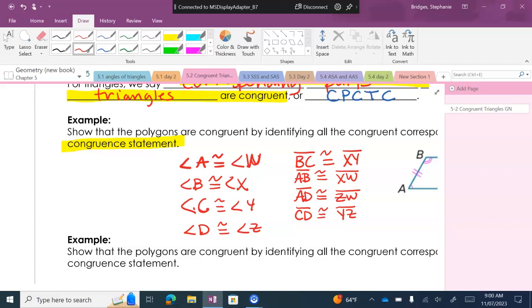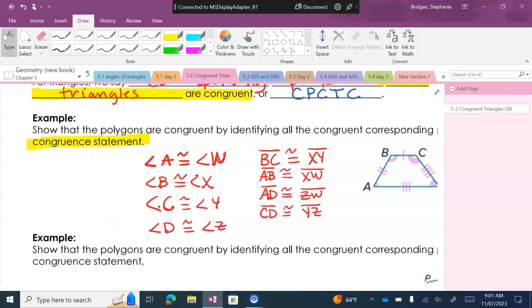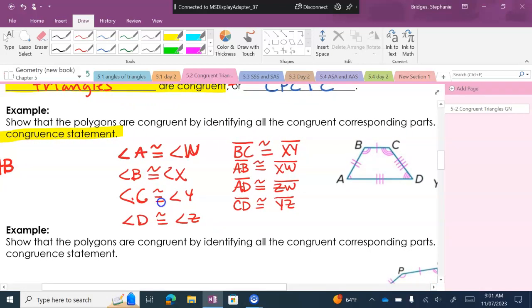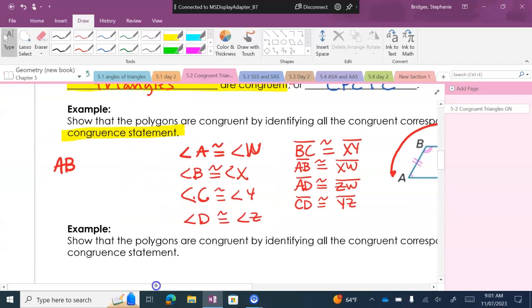Okay, so let me ask you this. How do you want to name that one, the ABCD? You have to pick one corner and go clockwise around it. So where do you want to start? Which angle do you want to start with in that picture? A, okay. Then we're going to have to go around the picture clockwise. That means this way. Think about the way a clock goes. So what would come next? B. Yeah. So we go A, and then B, and then what next? C, and then D. So we're going to start at A, and we're just going to work our way around. So A, B, C, D